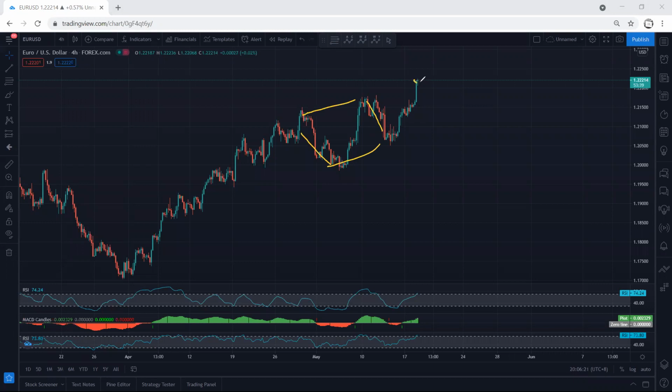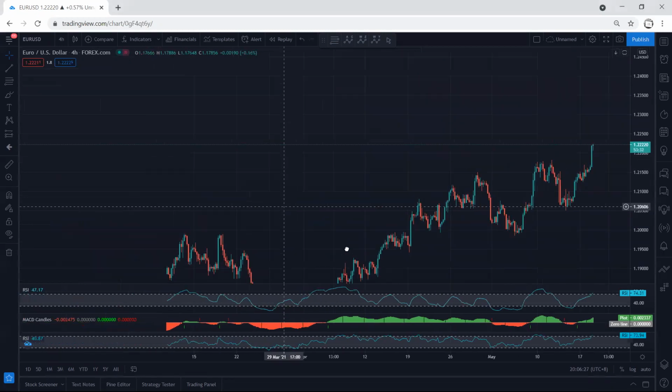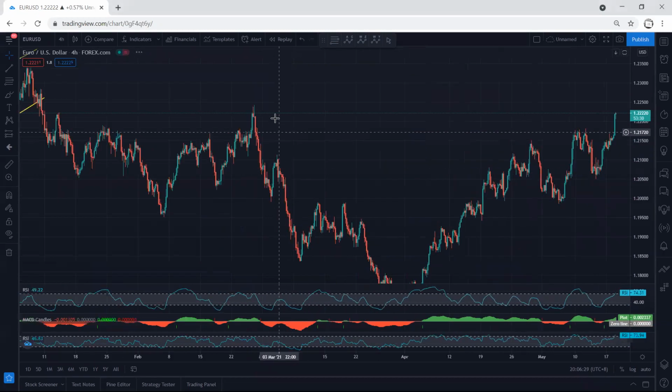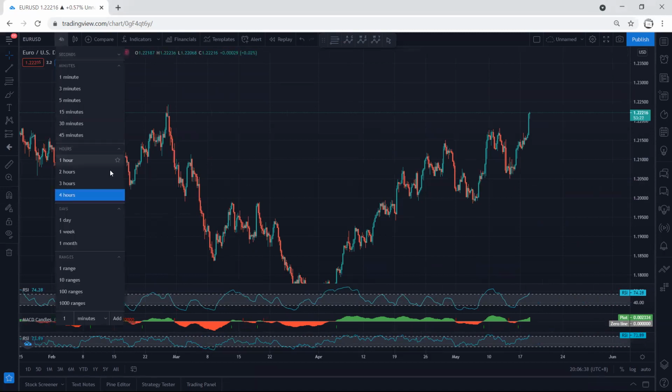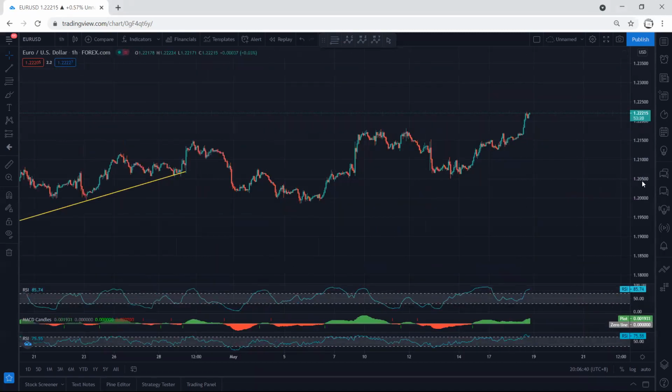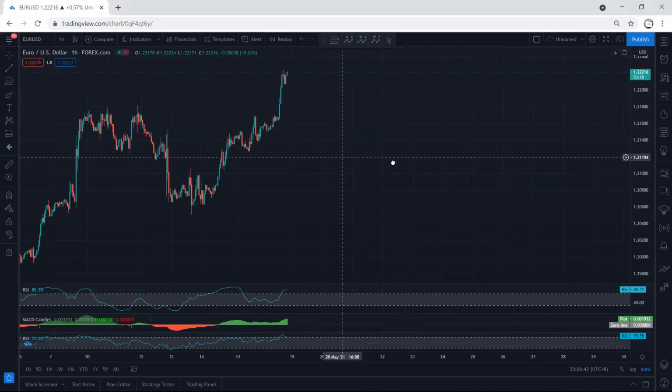Anyway, we don't have any trade setup even based on the 4-hour chart. The only thing it says is that we see the divergence. That's why we want to see whether the price can break the previous top, which is this one, almost 1.2244, right? That's why, even based on the 4-hour chart, we don't have any trade setup. And even if we move to the 1 hour chart, what we have here doesn't give us any trade setup,